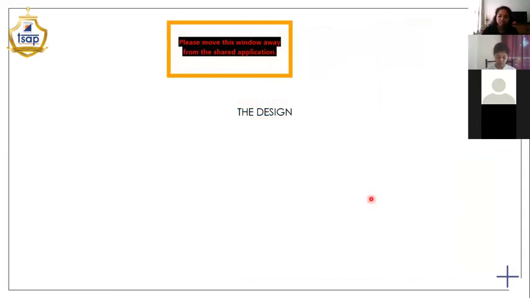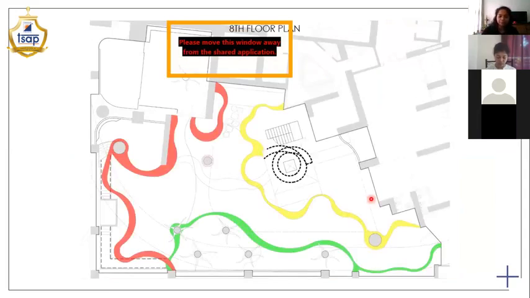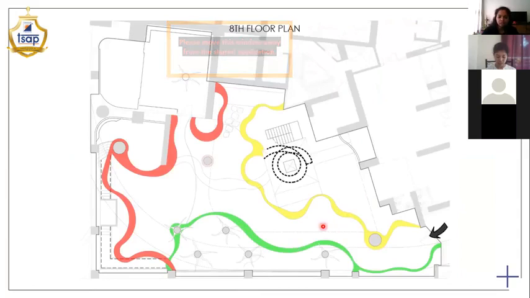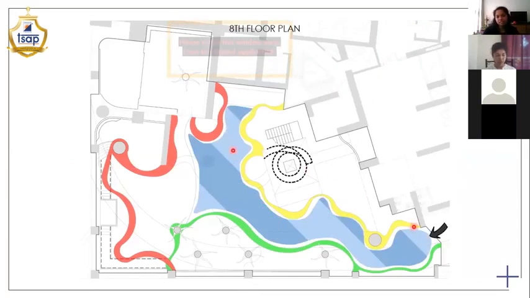Now I'll just briefly explain the layout to you guys. So this is what my 8th floor plan looks like. So you can see that I've got these 3 colored ribbons that are sort of defining the spaces. The central part, this is your sea area. So that's your whole EPDM floor with shades of blue and your sea buddies.